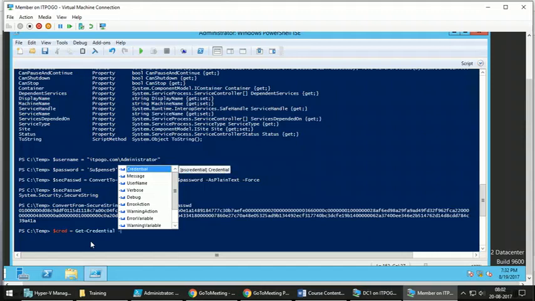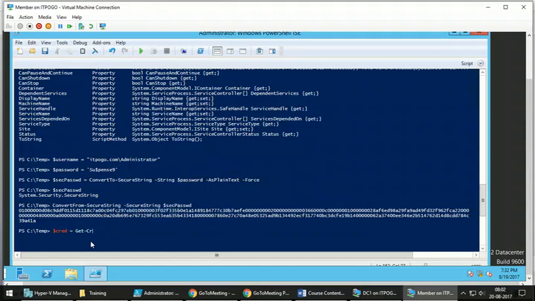There are two ways. Let me show you the simple way. Since we are putting it manually inside these variables, let me show you the second way.